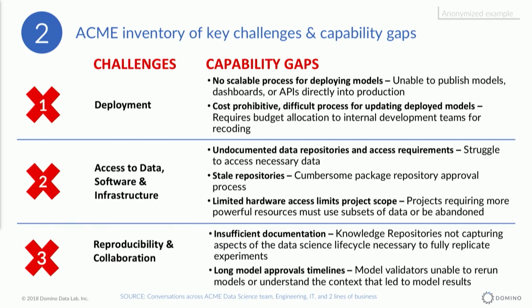Coming back to identifying the actual challenges, the gaps that we saw, deployment became one of the biggest things that we, as an organization, noticed was a factor in their being able to become scalable. And the biggest problem is that when Acme was handing over their models to go into production, there were a lot of teams needed to manage that process. That translation of model to actual code was not being done in the right way. And it was very difficult for folks to just come in and say, I have a model, let's put it into an API.